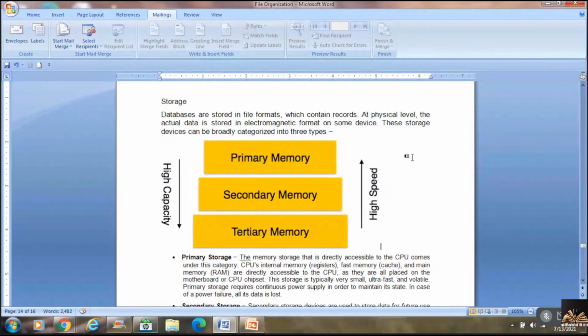Storage. So how are databases actually stored? We have been working with database records stored in file formats, which contain records, as I told you.